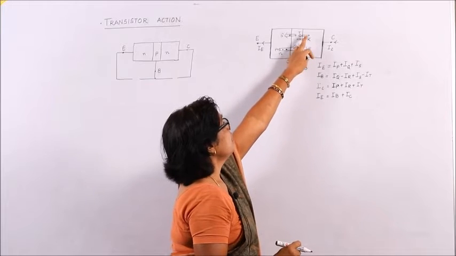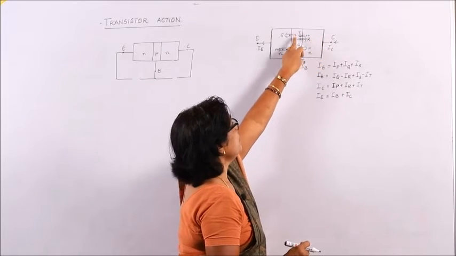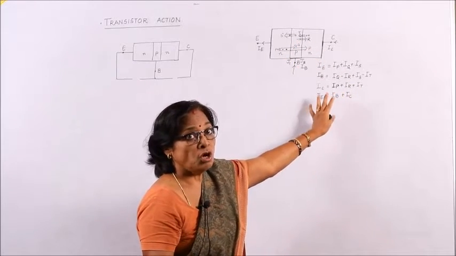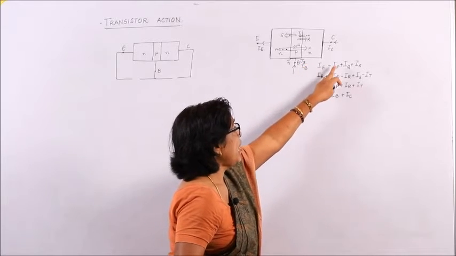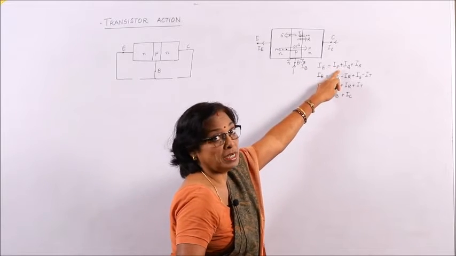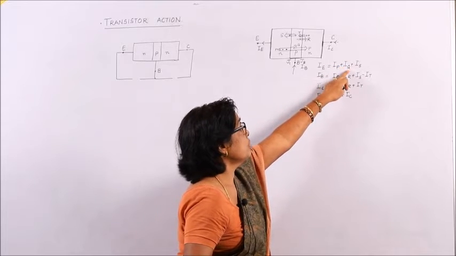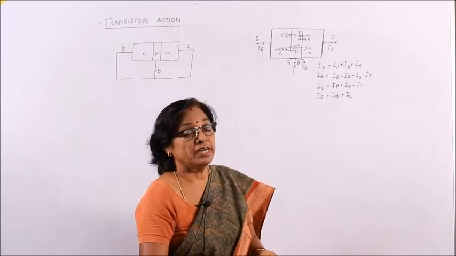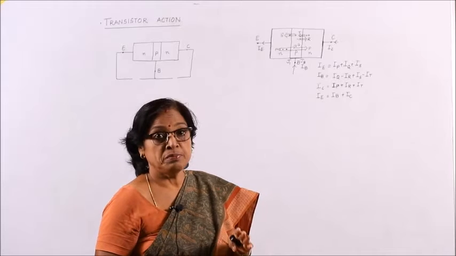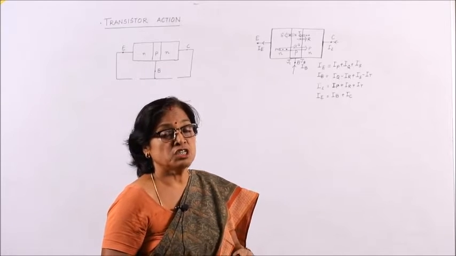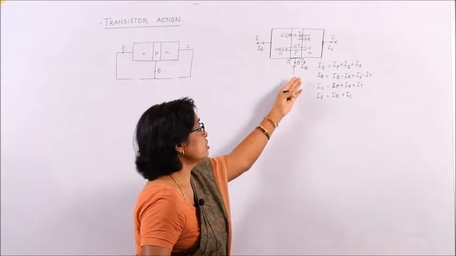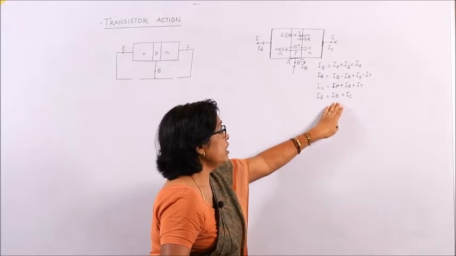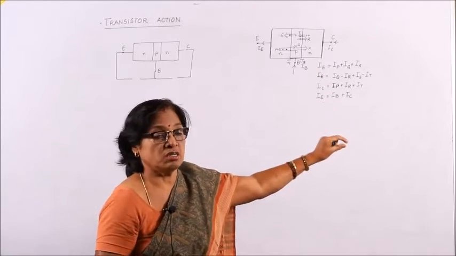Due to reverse biasing, t number of holes are going from n to p and r number of electrons are going from p to n. So, due to all these carriers, this IP represents the current due to p number of electrons. This is the current due to q number of electrons. This is the current due to the holes, s number of holes. The direction of current is opposite to the direction of flow of electrons and in the same direction as the hole direction. So, we did this: emitter current will be this, base this, collector this much, and hence emitter current will be equal to base current plus collector current.